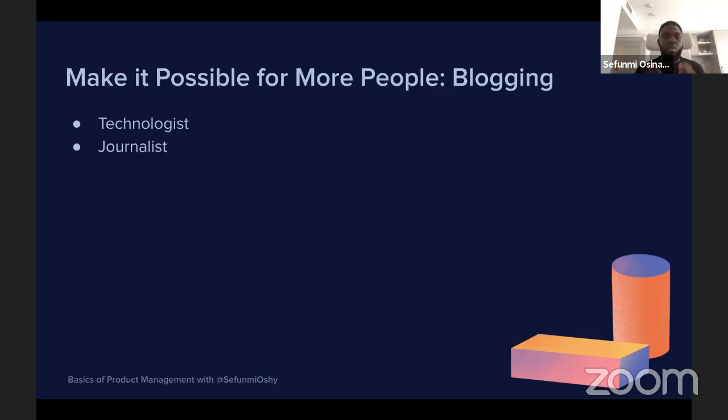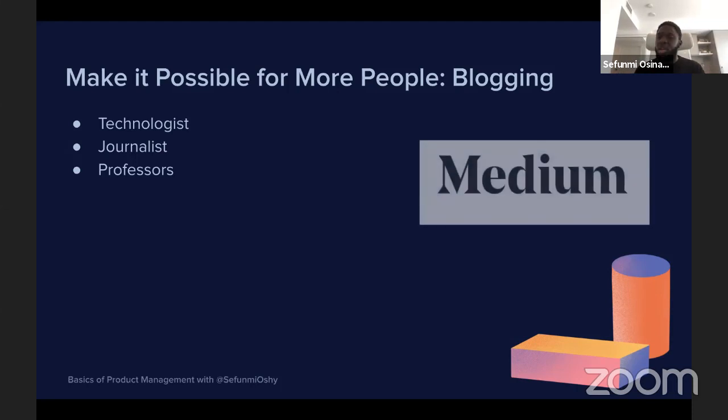Journalists, it was important for their job to be able to blog, and also academics, people like professors or teachers, that need to talk about their work and their research, things that were vital to people. That's the way that it was accessible. Blogging was something that people always wanted to do, but it was obviously hard to set that